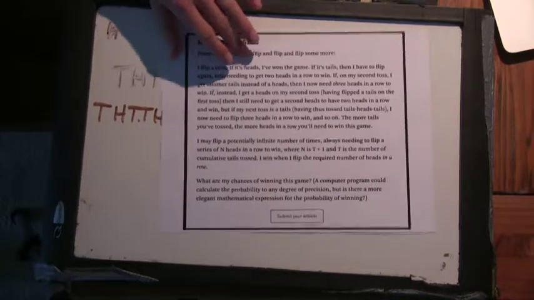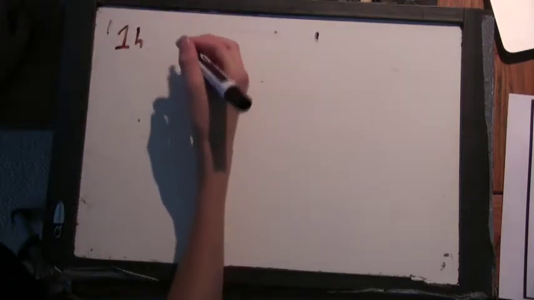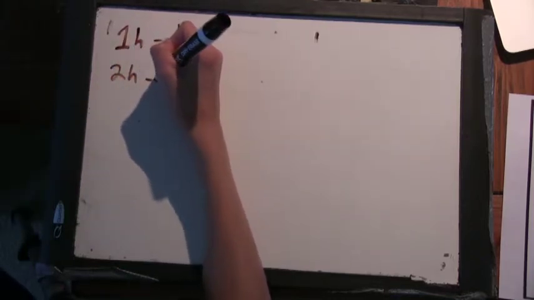What can we say? Well, maybe we could look at every step, at every point, what the probability is of winning. So you get 2 heads, 3 heads. That's one head when you just flip a head. When you flip 1 head, that's a 1/2 chance. So when you flip 2 heads, so when you've gotten a tail,